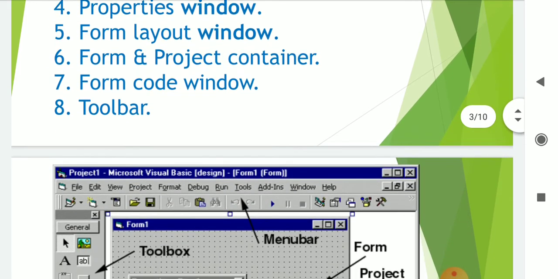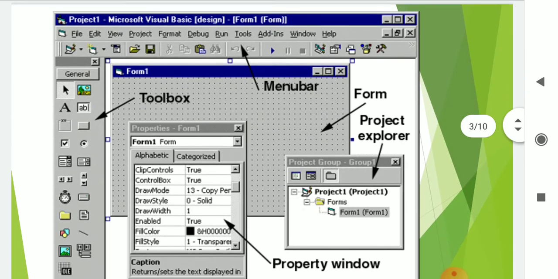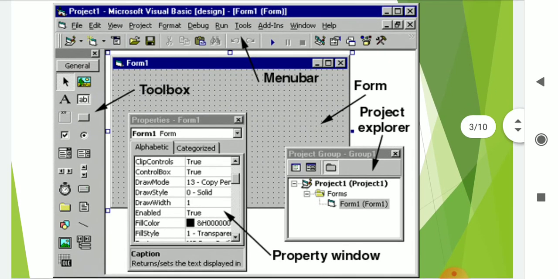So first is the window of Visual Basic, where you have to start. In this window all the options are visible in front of you: toolbox, menu bar, project explorer, property window, form. On the top there is a menu bar, after that there is a toolbar, then after you have toolbox, components are created.